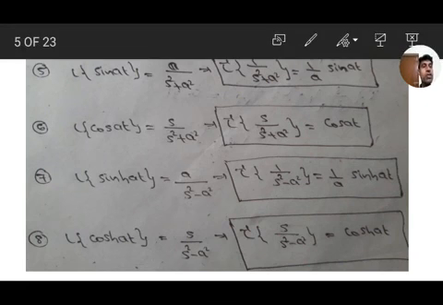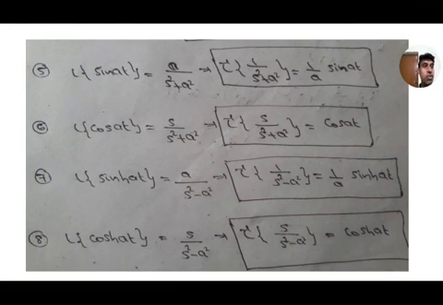L inverse of 1 by s square plus a square equals 1 by a sin at. L inverse of s by s square plus a square equals cos at. L inverse of 1 by s square minus a square equals 1 by a sin h of at. L inverse of s by s square minus a square equals cos h of at. These are 8 basic standard formulas. We have to remember the formulas. And next we will move to